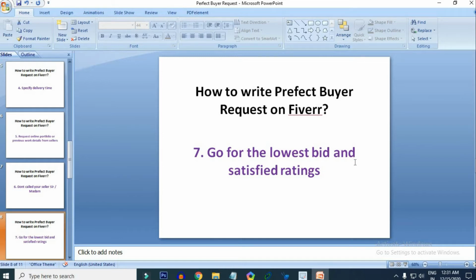If you can see good, satisfied ratings and the lowest price, you can choose that freelancer, you will never be disappointed. Never go only for the lowest bid, or never go for a very high price with satisfied ratings. If you see the lowest bid and satisfied ratings, you just choose that freelancer.